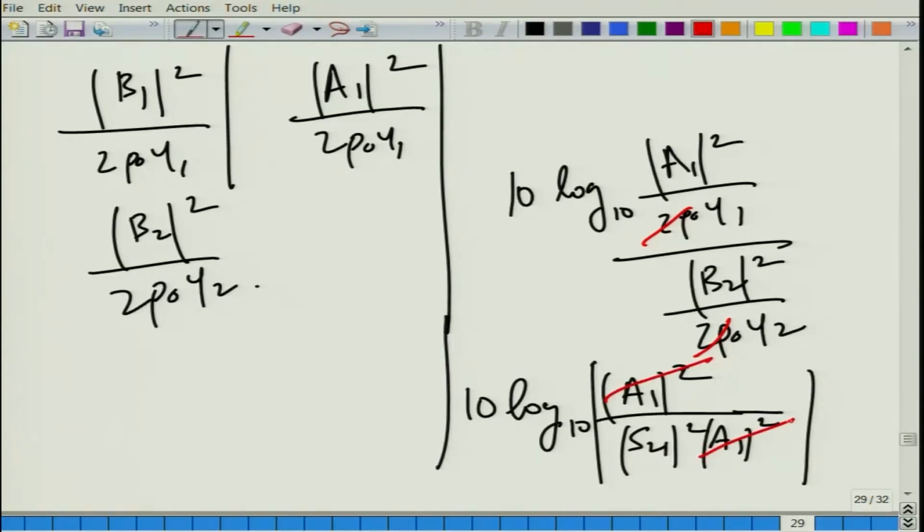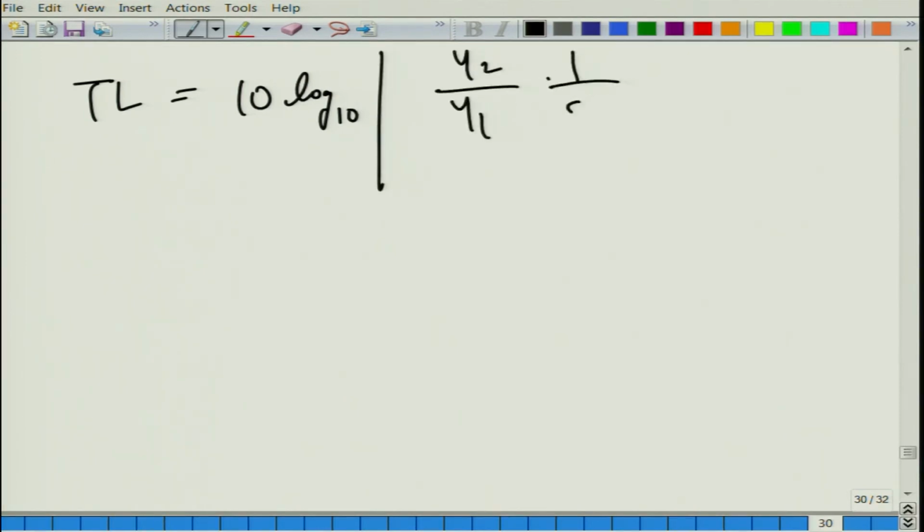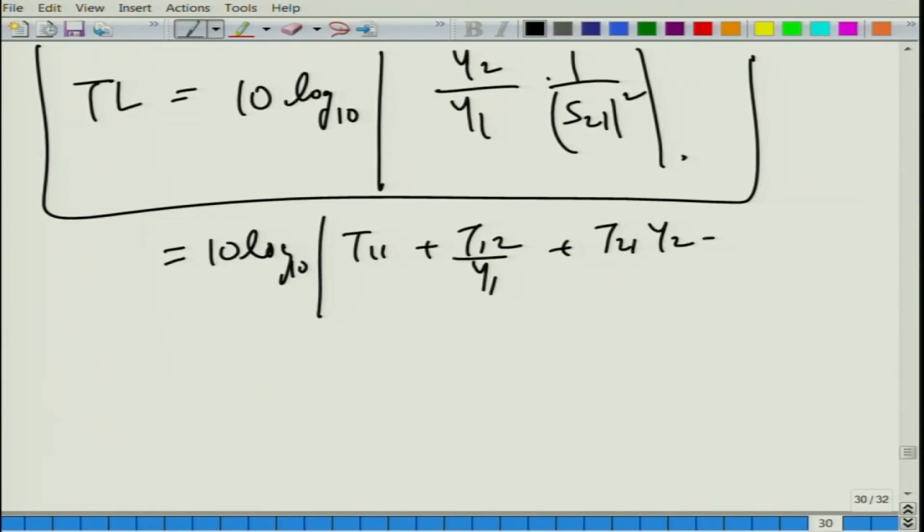Okay. And of course, we will have Y2 on the top and Y1 on the denominator. So, transmission loss TL is 10 times log 10 of Y2 by Y1 times |S21| squared. Okay. We get that. So, remember, we got the same thing in terms of your T matrix parameter. Apologies if I am getting something wrong, it is probably something like Y2 plus T22 Y2 by Y1, something like this, was it not? So,